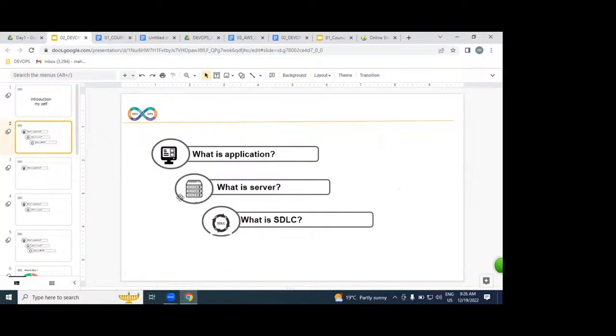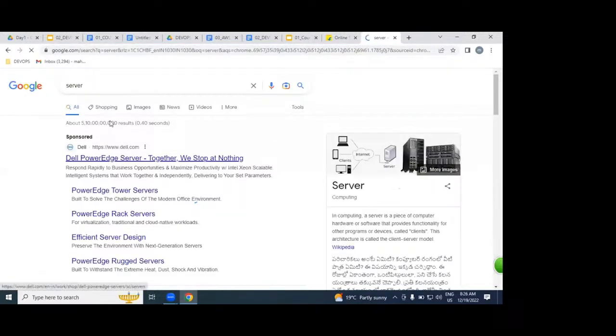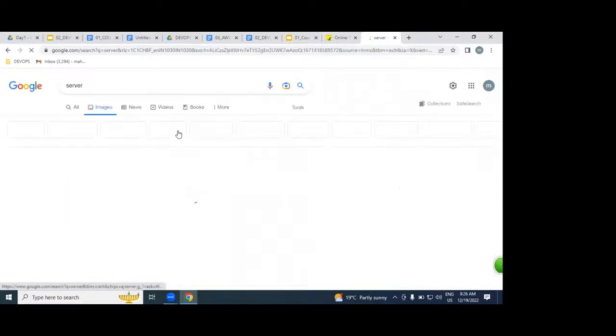So let me repeat one more time. What is an application? The working software which is written in any programming language we call an application. Am I right or wrong? Have you heard about Java developers, .NET developers or not? After writing the lines of code, which you call software, the software is going to be placed on the server side.